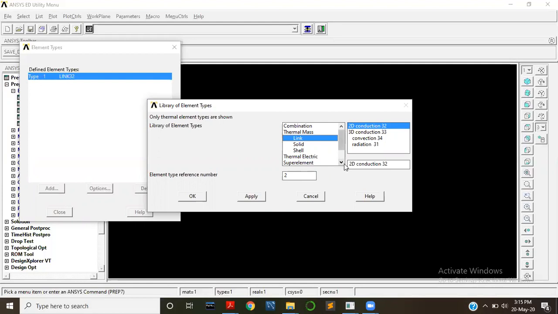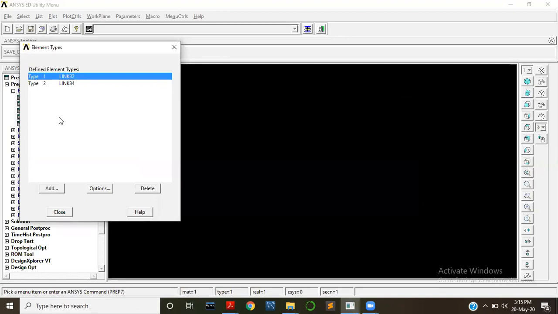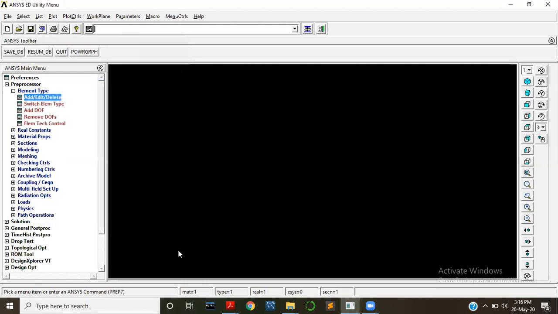So we have defined two elements, Link 32 and Link 34, for conduction and convection.